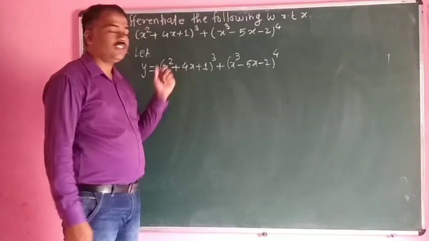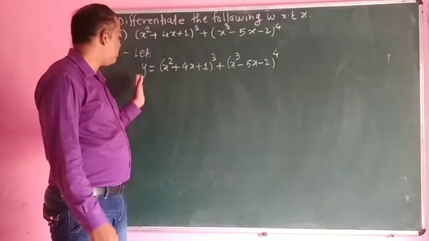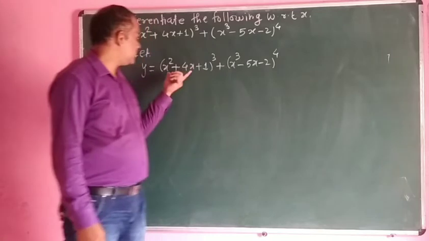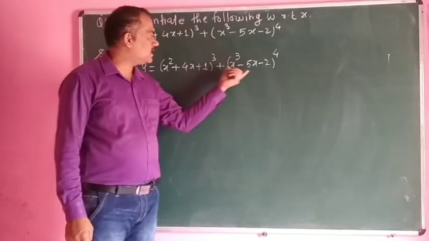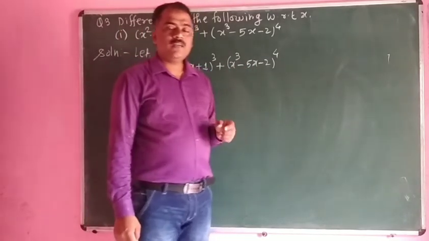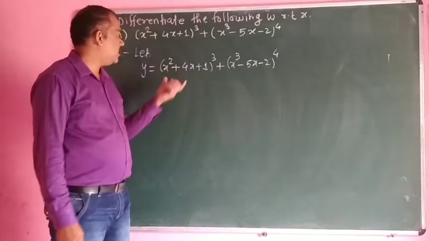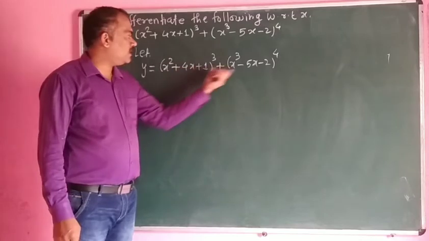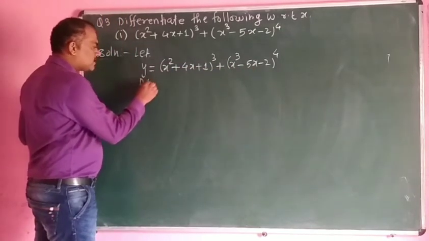That is, y is a function of x. Differentiate with respect to x means we have to find the value of dy by dx. Here we see that there are two terms. The first term is x square plus 4x plus 1 bracket cube, plus x cube minus 5x minus 2 bracket raised to 4. By using the rules of differentiation, we use the rule of derivative of a sum. We take the derivative of the first term plus the derivative of the second term. So differentiating with respect to x, we get